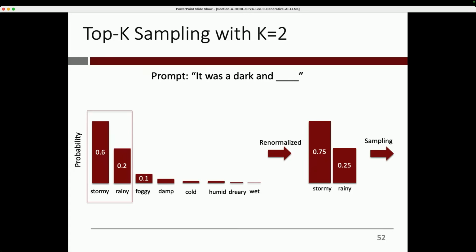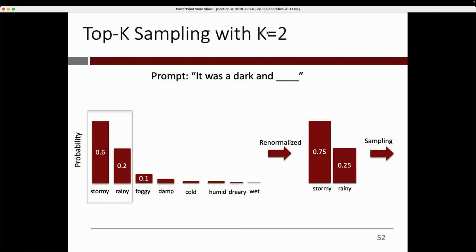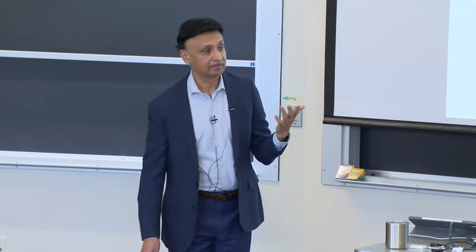And so the way it works is that let's say this is your whole distribution, and I just stopped at wet instead of going all the way to 50,000, right? And then you decide, let's say, that you want K to be 2. So you just grab the top 2 words, K equals 2, and then you renormalize the probability so they add up to 1. So 0.6 and 0.2, renormalize, it becomes 0.75 and 0.25. And now just imagine that this is the new softmax table that you're sampling from. And you grab a word from here, and you're done. Okay? This is called top K sampling.